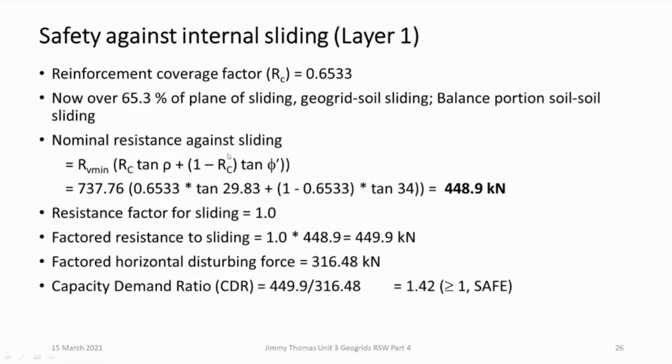So here also, this is slightly on the conservative side only, because actually we are overestimating the contact area of reinforcement. Yeah, but the friction value is overestimated, right? The friction factor is overestimated because we don't have the contact. Yeah, we are assuming more coverage. For tensile strength, this is okay, 65.3. But if you look at the actual plane of coverage, it will be like half. Yeah, for the purpose of sliding. That is what I'm saying.